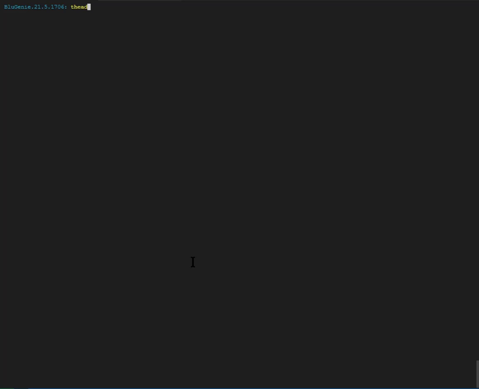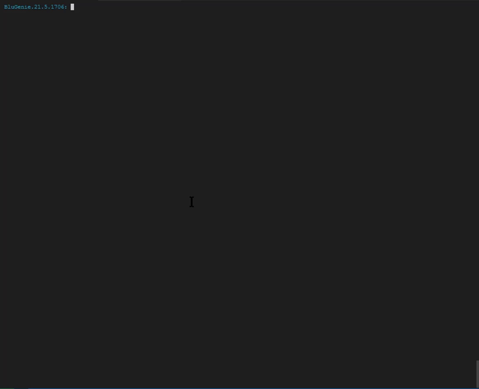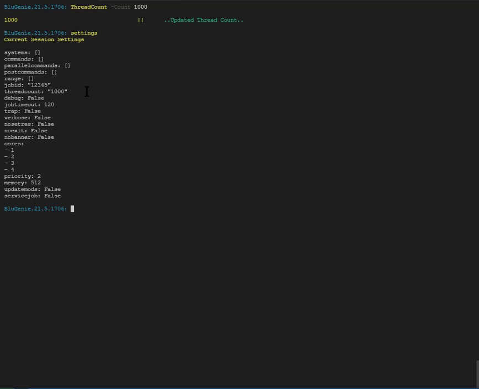We can also take that thread count and do a reset to bring it back to its default. And then you can see the thread count is 50 now. Here we'll just update the thread count one more time, and this time we'll use the count parameter, and we'll do 1,000 machines. If we check settings, we could see that 1,000 items were now added